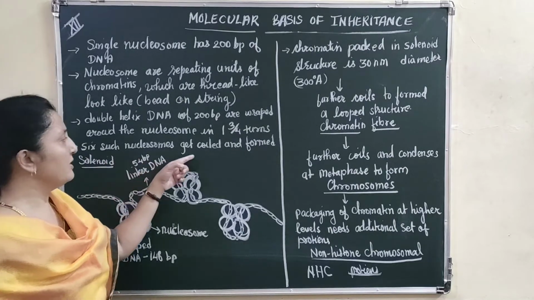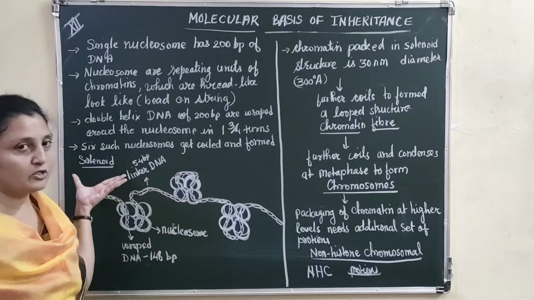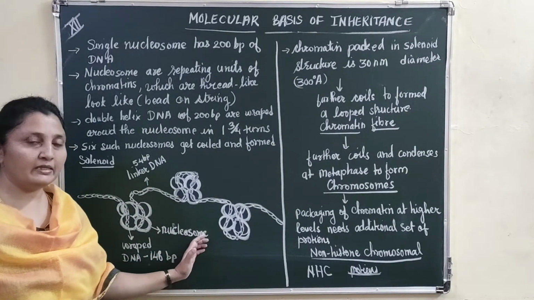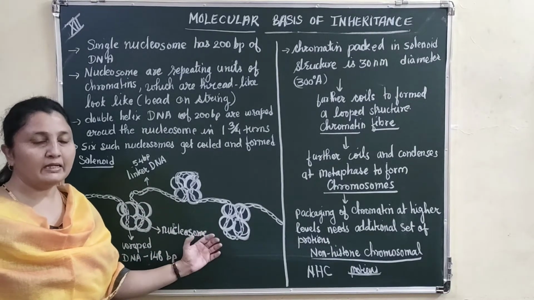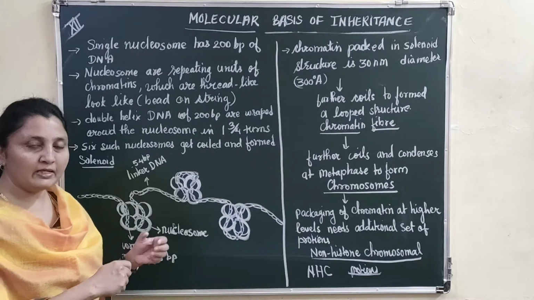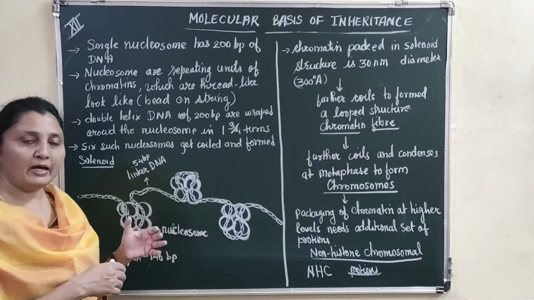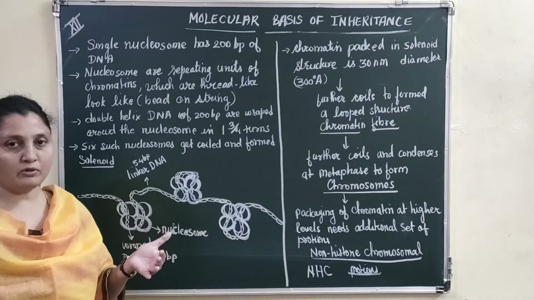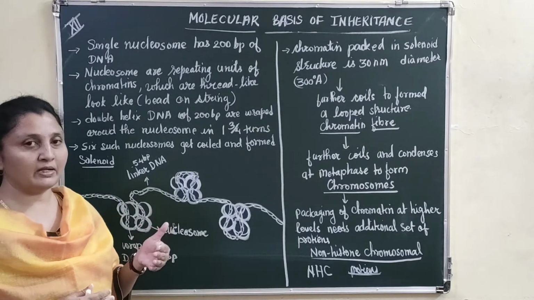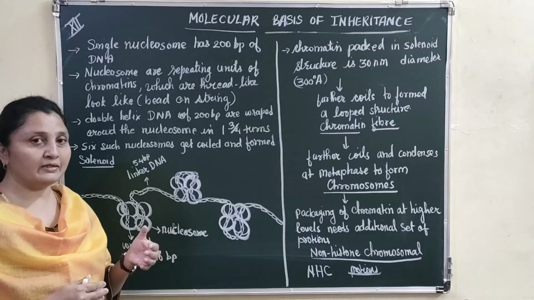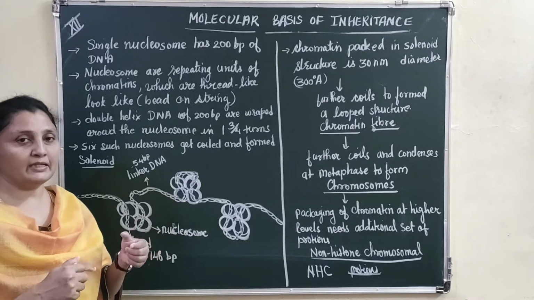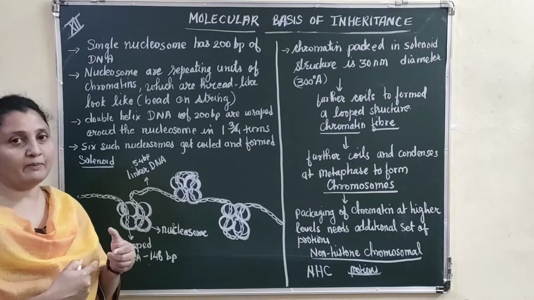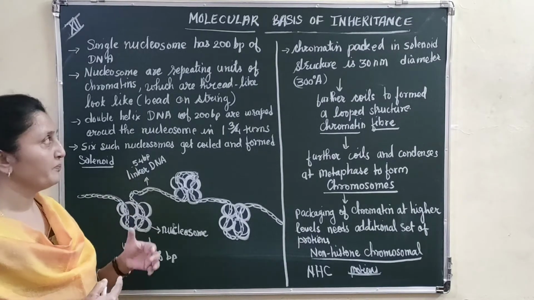6 such nucleosomes get coiled and form a solenoid. So हे 3 nucleosomes काढले मी, आणखीन 3 nucleosomes जर ऍड झाले तर हे स्ट्रक्चर आणखीन कॉइल्ड होतं आणि तेव्हा आपण त्याला सोलोनॉइड स्ट्रक्चर असं म्हणतो. सोलोनॉइड जर बघायचं झालं तर जुन्या काळचे जे टेलिफोन्स होते त्यांच्या रिसिव्हर्स जे होते त्याला जी वायर होती ती कॉइल्ड वायर होती आणि त्याला आपण सोलोनॉइड स्ट्रक्चर म्हणू शकतो.